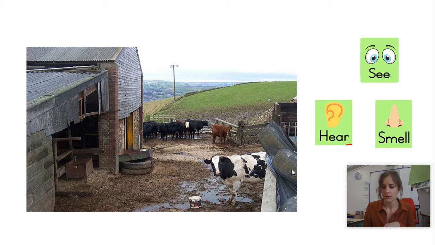Now, reception, I'm going to ask you to think now of a description for me. Are you ready? We're going to do it in stages because it's a lot to do in one go. We're going to think about our sense of sight, what we can see. I want you to look first of all at the barn. Now the barn is the building where the cows sleep. Okay, so have a good look at that barn for a second. And I want you to help me describe the barn and how it looks.